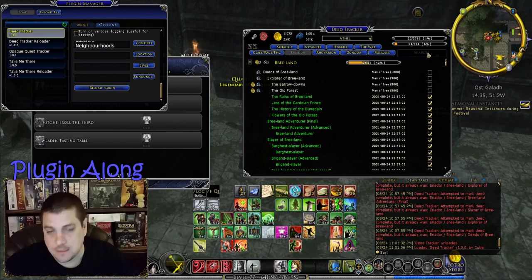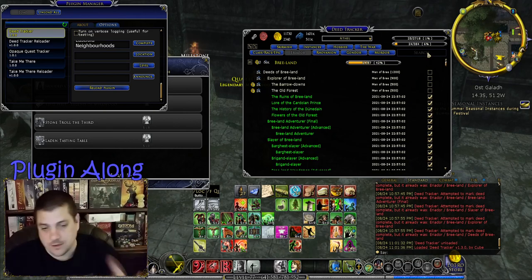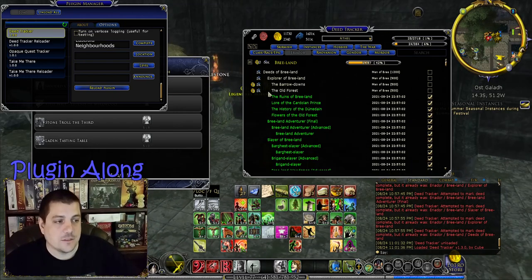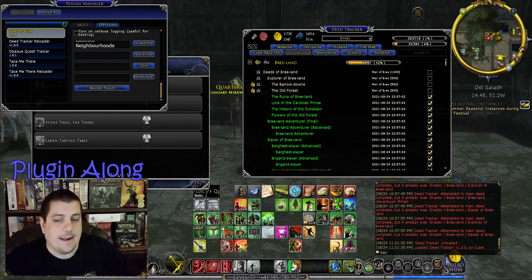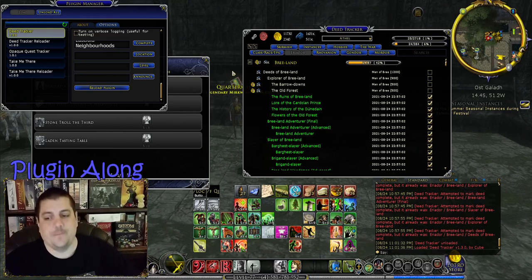The whole UI was, as I mentioned earlier, based off of a plugin called Hidbolt, or some variation thereof. And it was to help you track your rebuilding of Hidbolt, both what currency you needed and which ones you had done and which ones you hadn't done. And so it did not have 3,000 deeds to track, and so